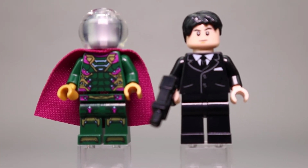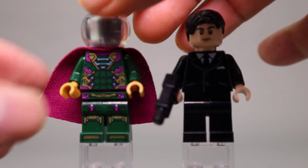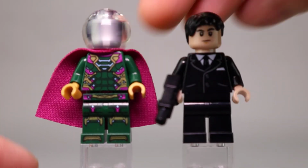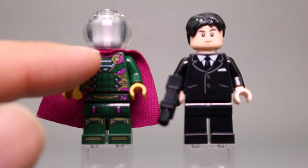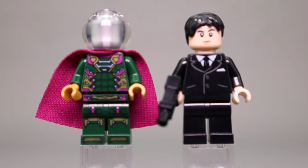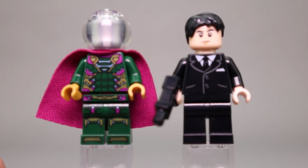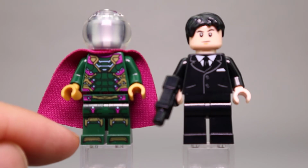cape here. I like the way the head was done with this kind of metallic minifigure head and then this clear dome piece that fits over the top, giving it that very mysterious look. The eyes that are on the front of his helmet are kind of represented here with the clasps of the cape. Not 100% accurate to the comic books, but I think accurate to the movie. And then some good printing on down the legs and on the knees and even down on the toes of